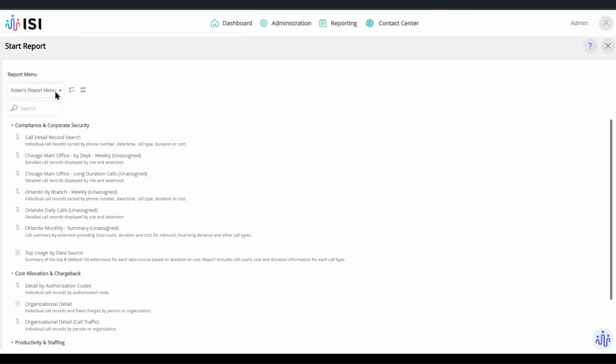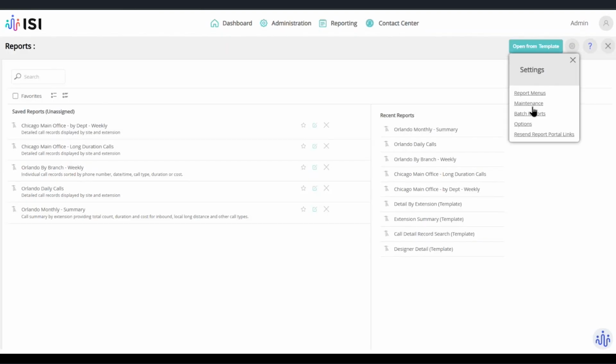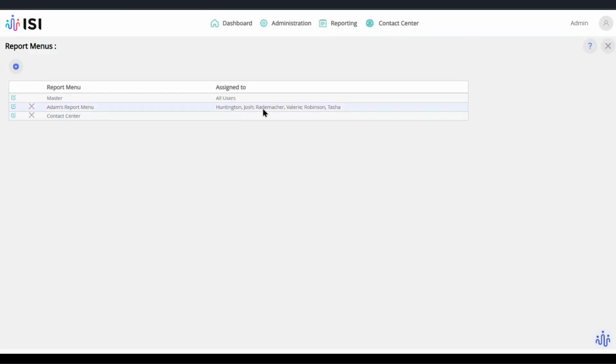Oh, that's right, my account does have report menu admin access, so I'm going to see all the menus. However, going back out, these users, if they're just standard report users, are only going to see this, and other report users that are not admins are not going to see it. So they're not going to see Adam's report menu if they're not an admin, okay?